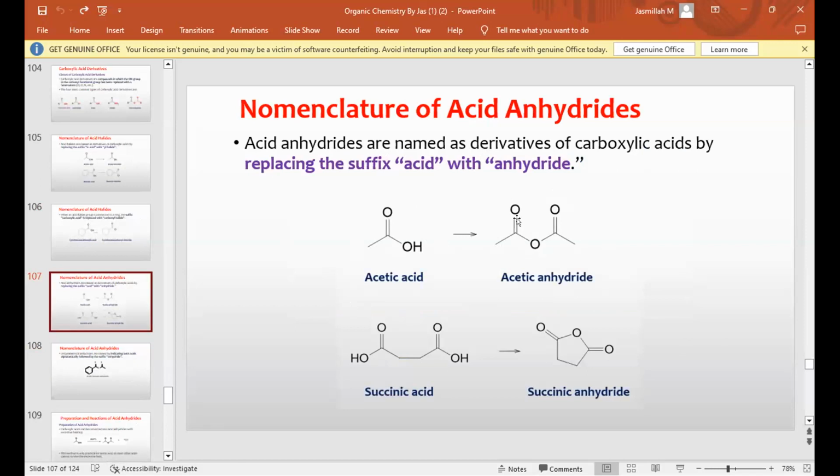Nomenclature of acid anhydrides. Acid anhydrides are derivatives of carboxylic acids. It's like having two carboxylic acids bonded together, so they form an acid anhydride. Let's say we have two acetic acids, it will form acetic anhydride. It's like having two carboxylic acids bonded together. So acetic anhydride here, this succinic acid,